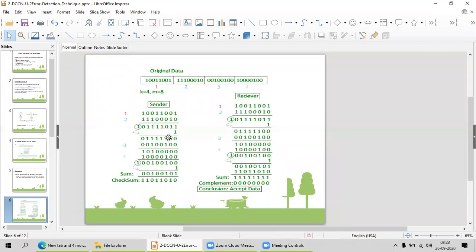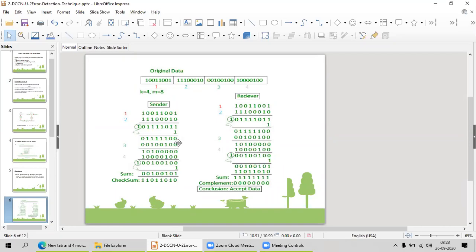I am doing XOR operation with one's complement. I am going to get 0 1 1 1 1 1 0 0. Is it clear? I am doing one's complement. Yes, XOR operation with one's complement.